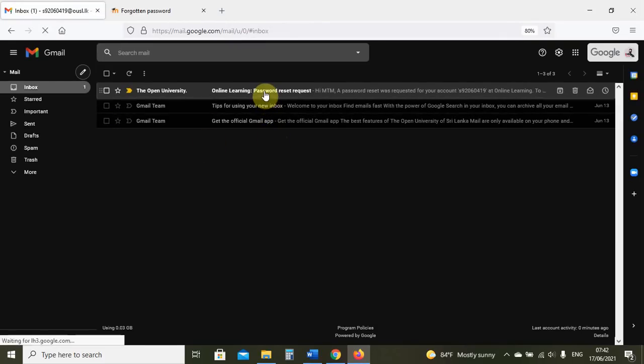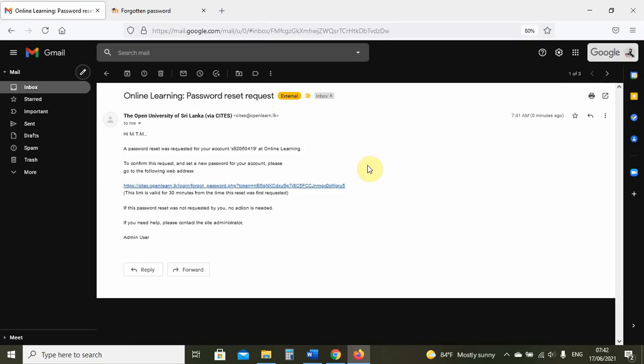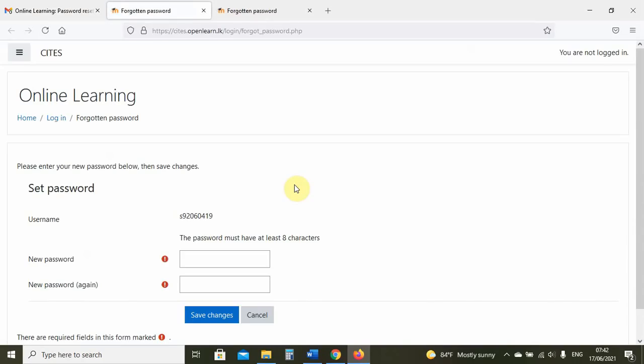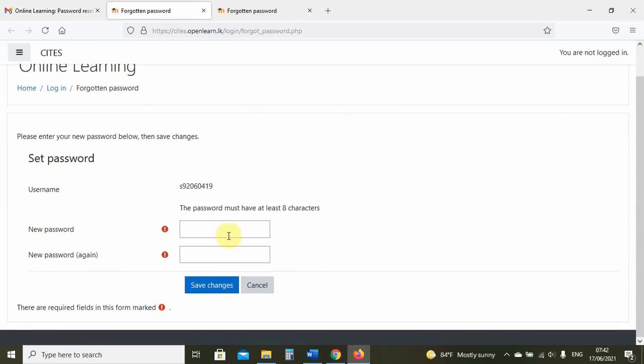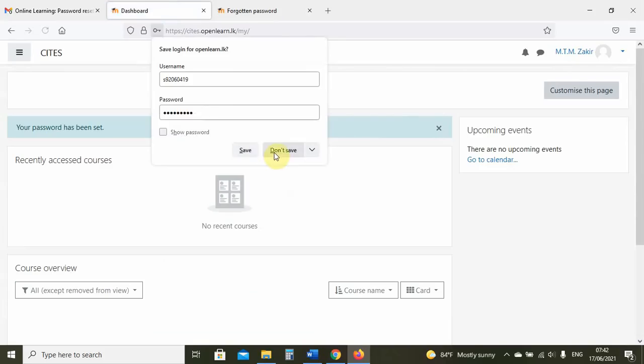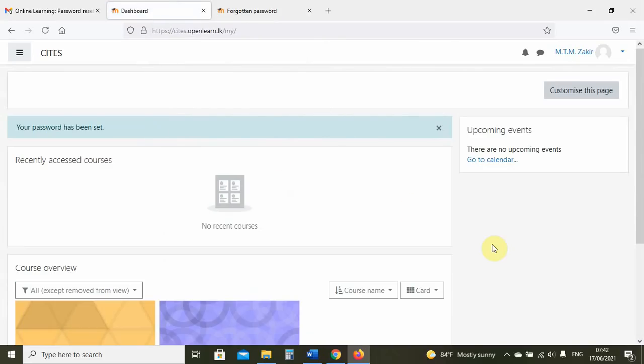Immediately an email has come, password reset request. So you have to click on this link, and once again you come to the page where you reset your password. So I will set another password now and save the changes. Once again, of course, I am not setting it here.